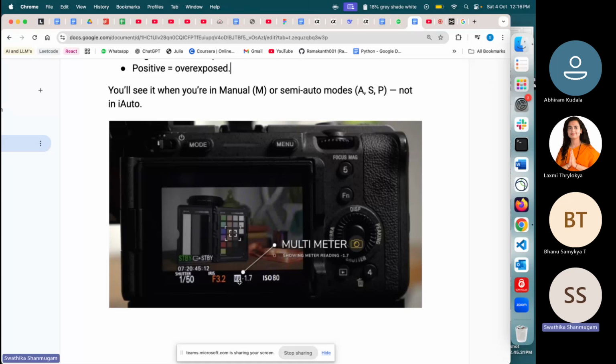So if this is showing negative values, you should increase any of these values to make the scene brighter. If it is showing plus something, it means that your scene is overexposed, so you should bring it down. Ideally, the neutral exposure setting is making sure your multimeter is set at zero, but it's always better to keep your scene slightly overexposed, maybe somewhere close to plus 0.3. Instead of tuning your multimeter to 0.0, you can put it at plus 0.3